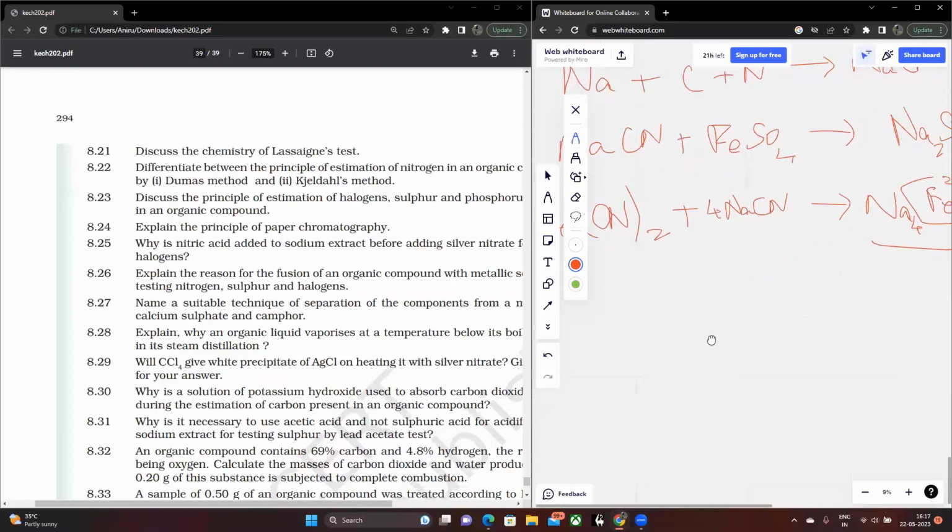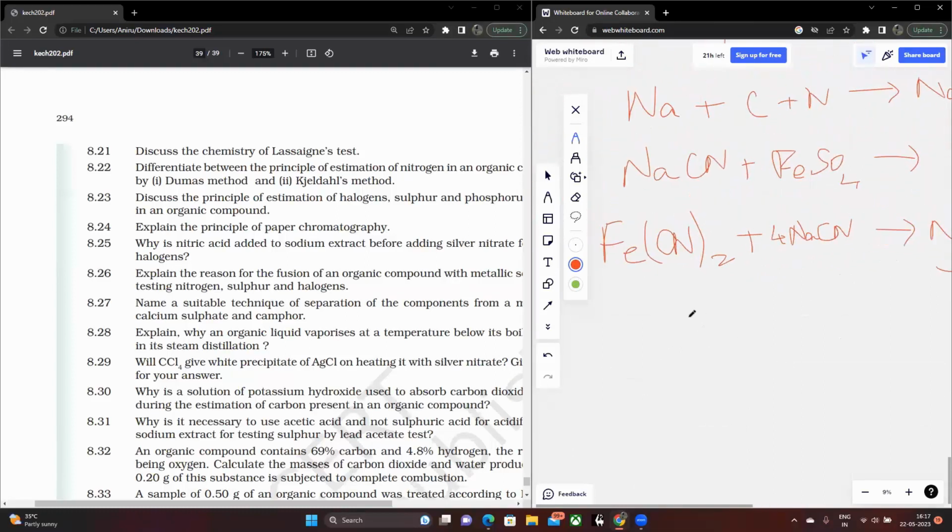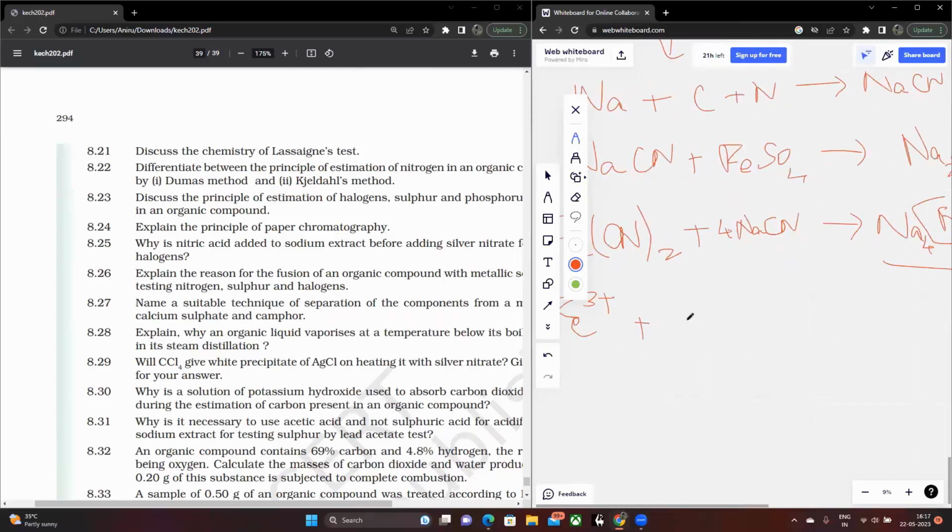And finally, you heat the solution with concentrated sulfuric acid to oxidize Fe2+ to Fe3+. Finally, Fe3+ reacts with the sodium ferrocyanide that's formed to give you